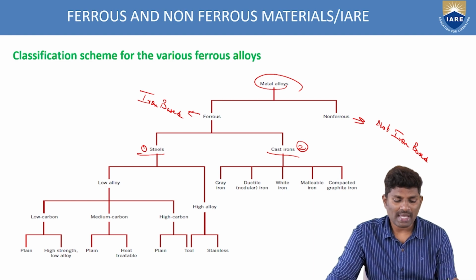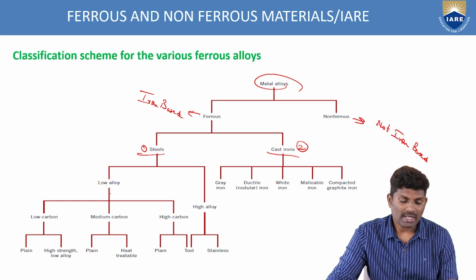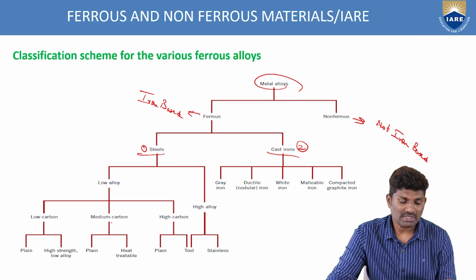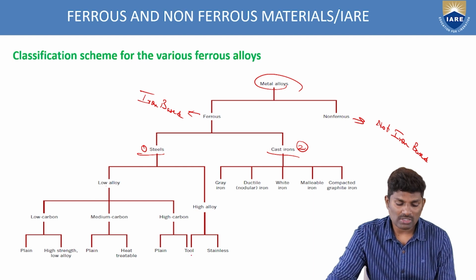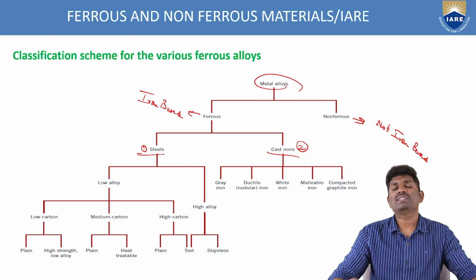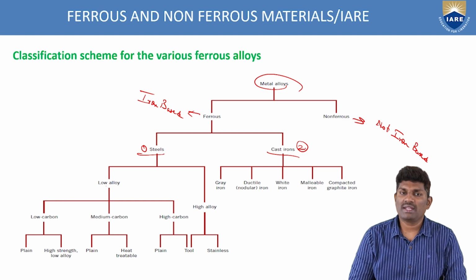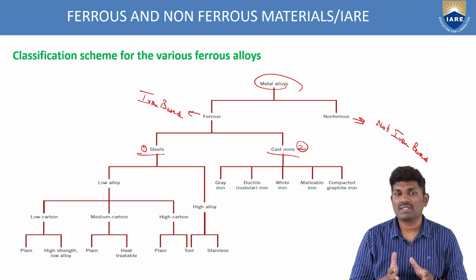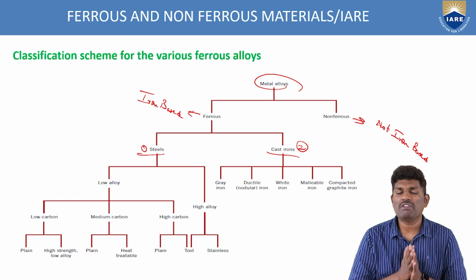Now these steels are again divided into low alloy and high alloy, and in the low alloy we have low carbon steel, medium carbon steel and high carbon steel. The low carbon is again plain and high strength, medium carbon is also plain and heat treatable, and high carbon is also plain and tool. The high alloy is also tool and stainless steel. So all these classifications, all these categorizations, all these characterizations, we are getting the information completely with the help of